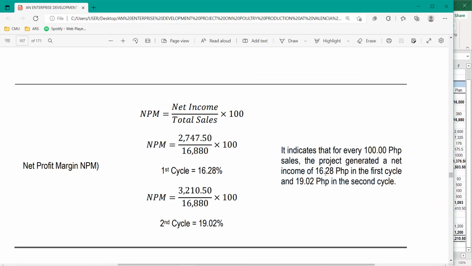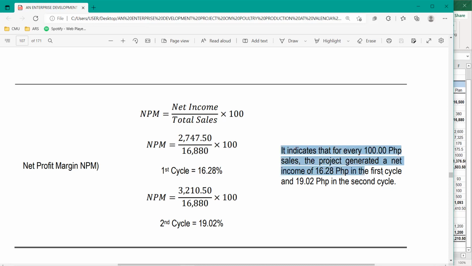So don't worry, that is okay because this is just a first cycle. Kung first cycle, ma-expected ka nga gamay yun ang imuhang turnover, ang imuhang halin, based on your capital. Kay on the first cycle, diha man gyud madak-an ka sa imuhang cost, kay start up pa man imuhang business. So that's it for our financial ratio.